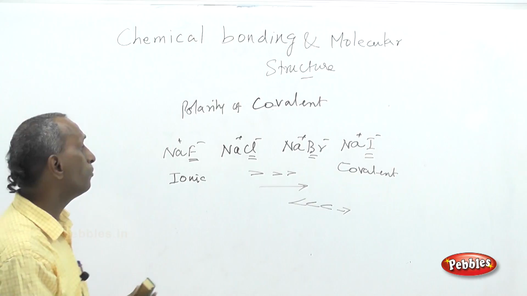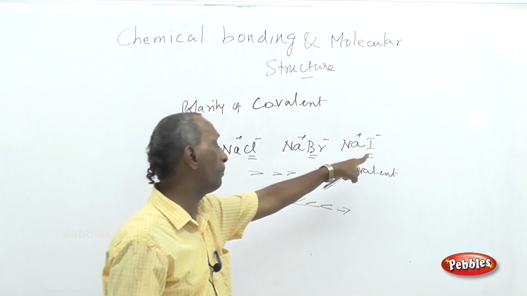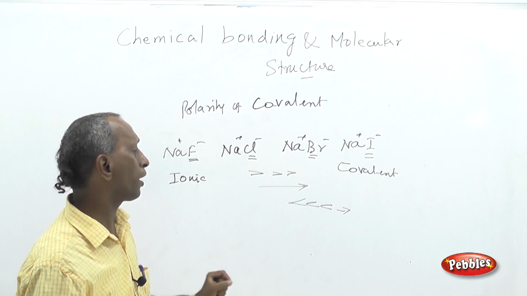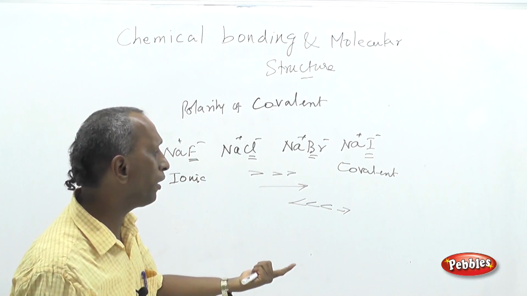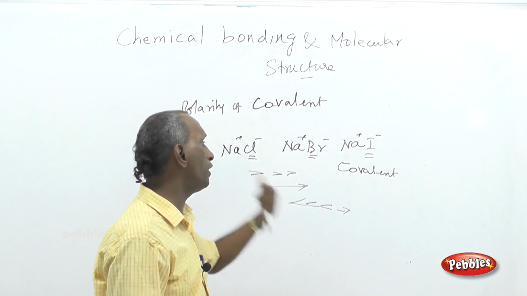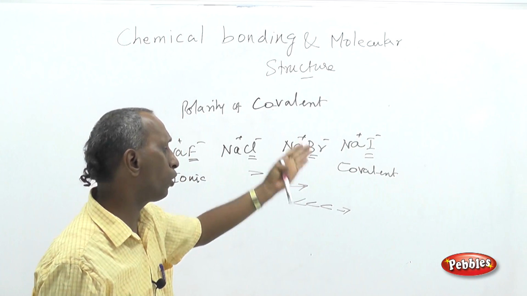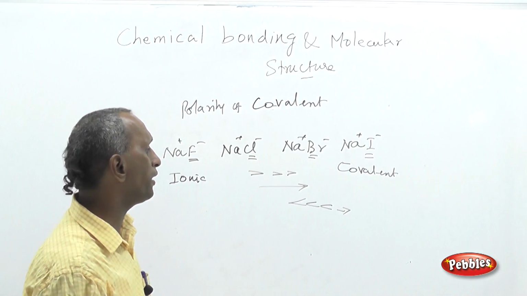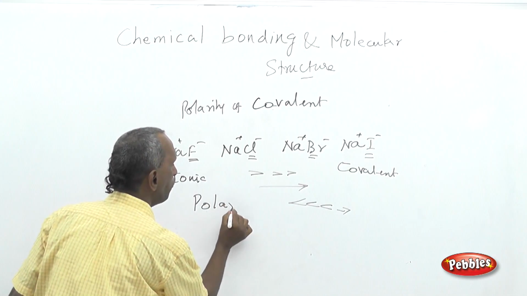So, that is why, because the hydration energy is a function... Already we have seen about the lattice energy and hydration energy. So, this lattice energy or hydration energy is a function of the size of the anion. The higher the size of the anion, the hydration energy is higher or the lattice energy is more, so that it assumes covalent character. In order not to confuse hydration and lattice energy, let us see only the influence of polarity of